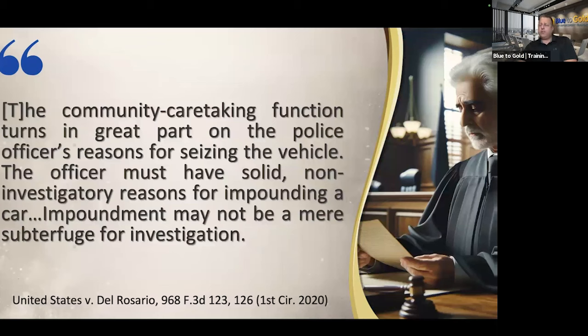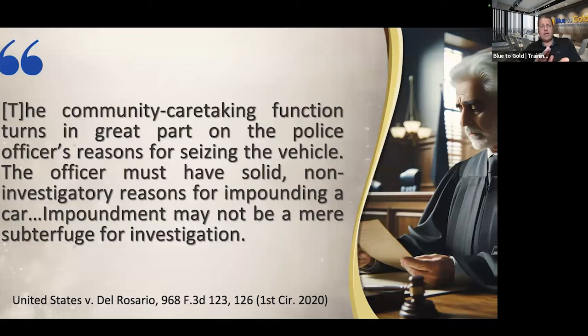When we find contraband or evidence inside the car during an inventory search, and so now we have criminal charges, these things end up going to court. They end up getting litigated. The issue that's litigated most frequently with inventory searches is the towing. Was the officer lawfully towing the vehicle? In other words, is there a community caretaking function that is being satisfied by towing the vehicle? And as we talked about with the Iowa case, and in many cases like it,